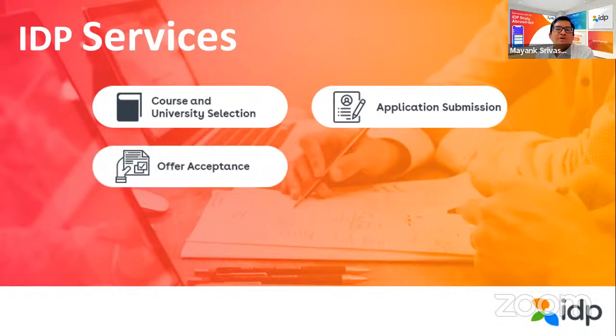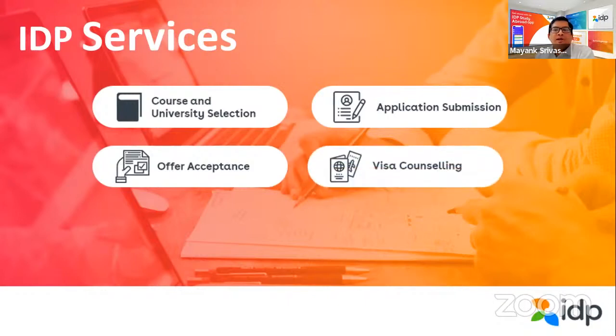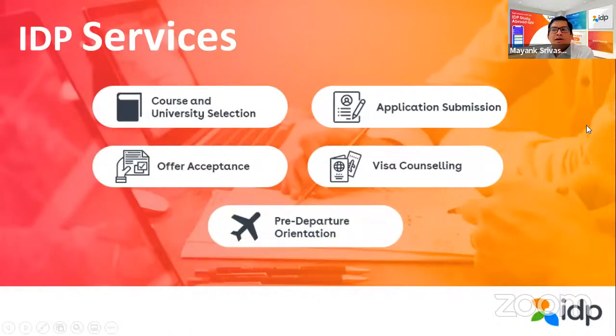Then after a particular time period, the university will give you the offer and you will accept that offer. Then we will give you visa counseling. The visa will be filed and then proper counseling will be given to you. In particular countries where we have a visa interview, 5 to 6 rounds of proper mock sessions will be given to you. And then after receiving a successful visa, you can plan your pre-departure. We will conduct a pre-departure orientation session at the branch or virtual office, and then you can successfully depart from India.